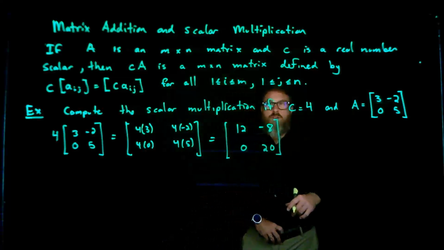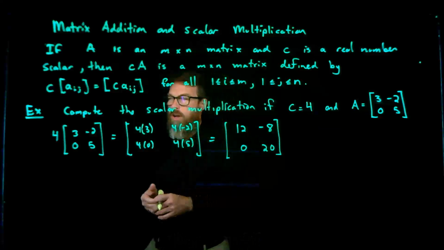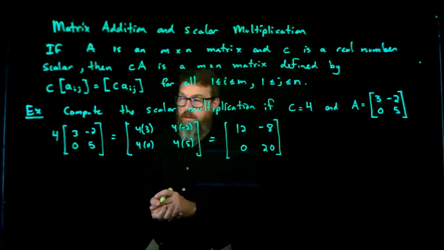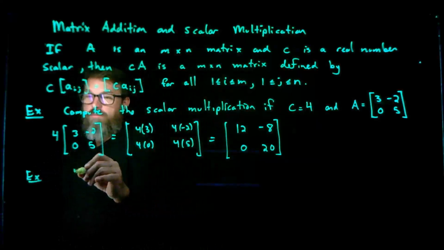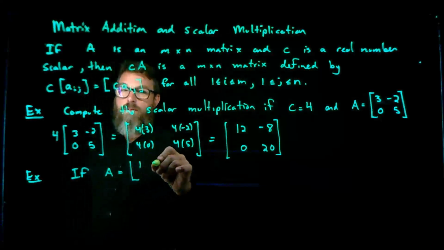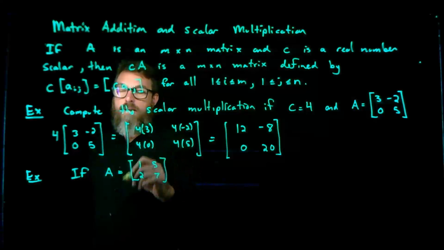Now with scalar multiplication, we can talk about, say, the negative of a matrix and then eventually get into subtracting matrices. So a quick example would be, if A is equal to, let's say, 1, 5, 2, 7, then